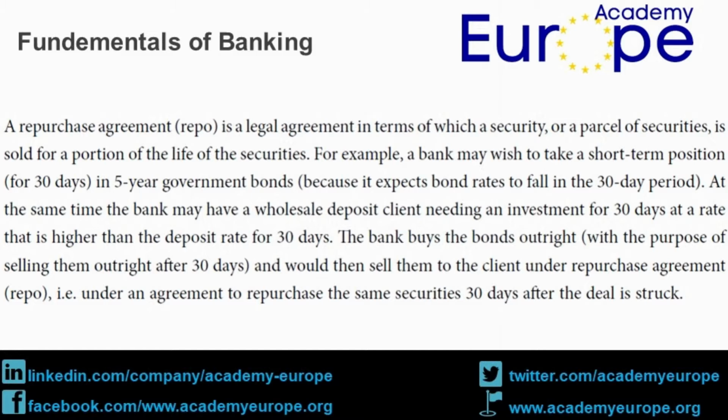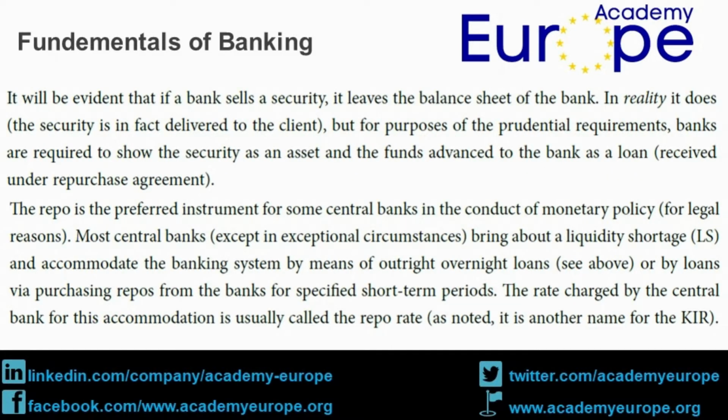The bank buys the bonds outright, with the purpose of selling them outright after 30 days, and would then sell them to the client under repurchase agreement, Repo, i.e. under an agreement to repurchase the same securities 30 days after the deal is struck. It will be evident that if a bank sells a security, it leaves the balance sheet of the bank. In reality it does, the security is in fact delivered to the client, but for purposes of the prudential requirements, banks are required to show the security as an asset and the funds advanced to the bank as a loan,